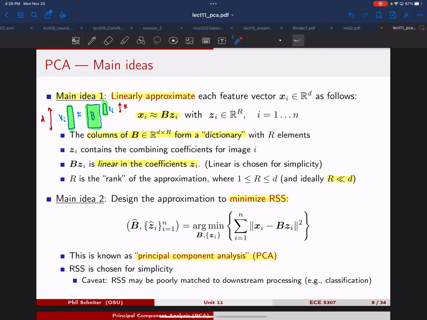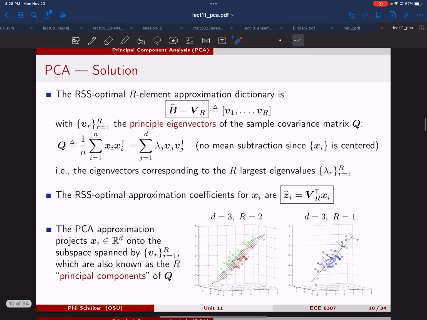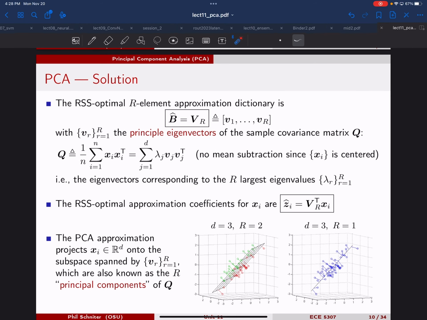Most of the rest is just a lot of linear algebra, a lot of tricks. All right, so any questions on high-level stuff? Okay. All right, so let me give you a summary of the solution, and then